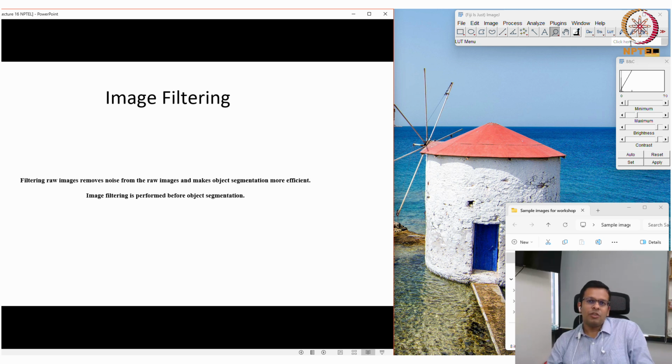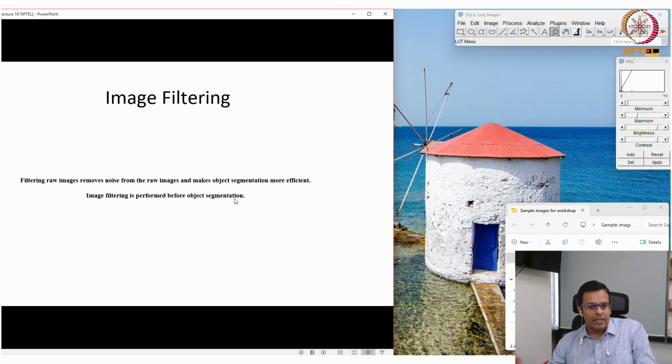In that case you may need to filter your image so that it will be easier for the software to identify the objects. Filtering raw images removes the noise and makes object segmentation more efficient. And image filtering is generally performed before the object segmentation.